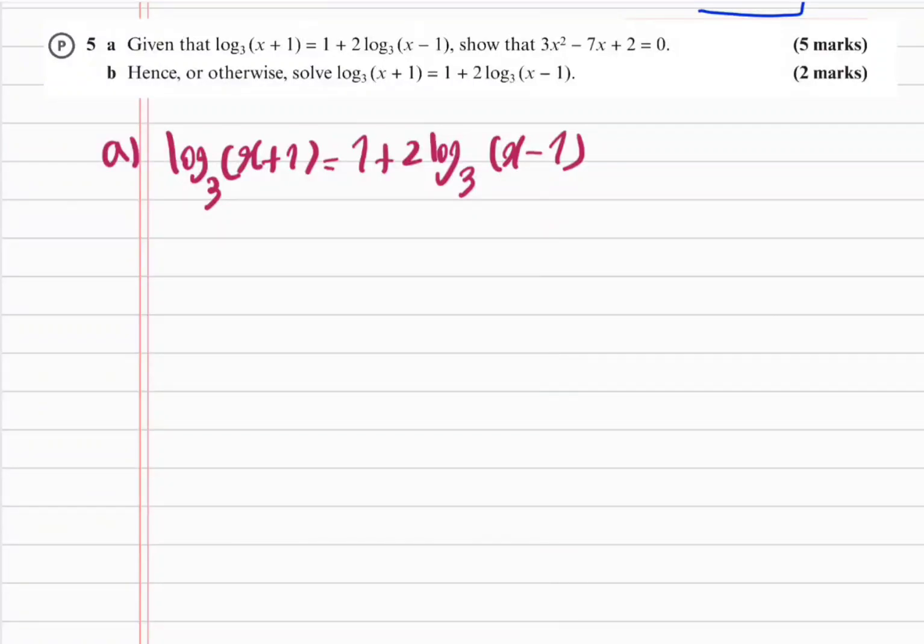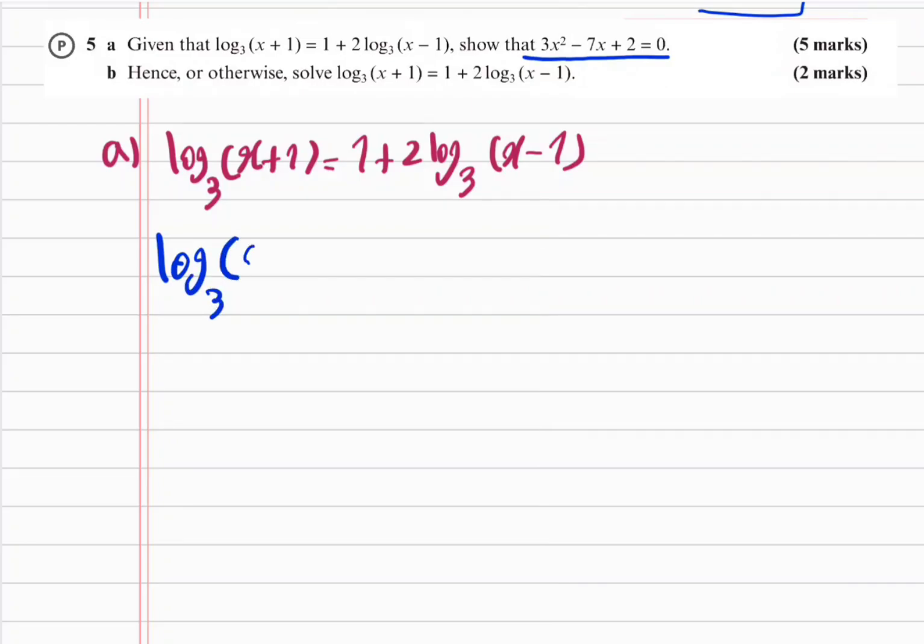Hi everyone, this is exercise 14, question 5, and in part A we are given this equation and we want to show that it is equal to 3x squared minus 7x plus 2 equals 0. So we need to use log laws to simplify this logarithmic equation and convert it into a simple quadratic. We can first start by rearranging this equation and have all the logs on the left hand